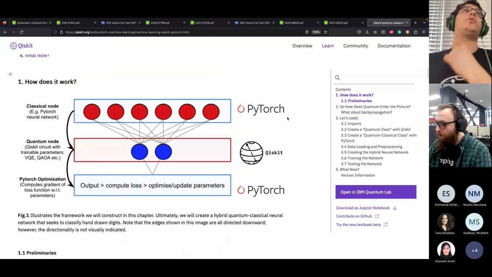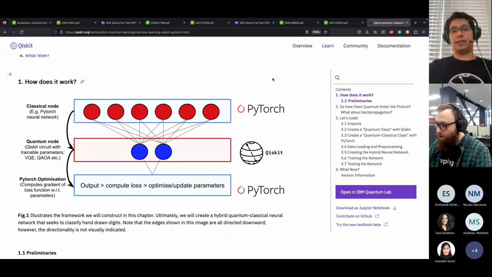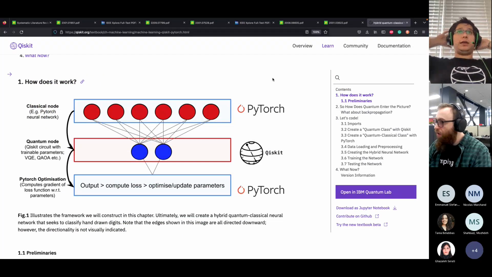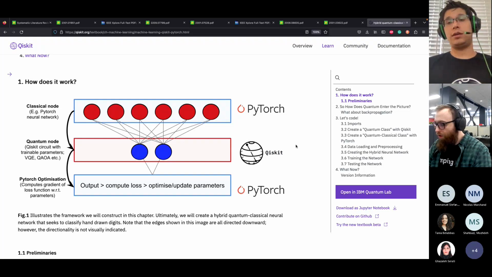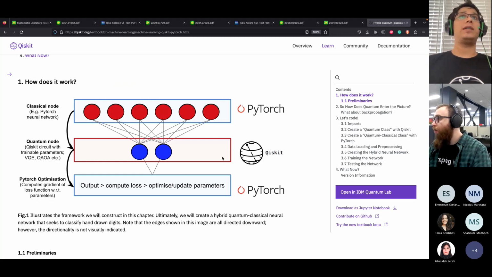Yes. So the idea is that apparently Qiskit and PyTorch are compatible right now, and you can plug a quantum layer into a classical neural network. This will not make the neural network work better. Actually, it will worsen the results by a big margin. But it's one of the things that we can try because we can combine it with the PyTorch